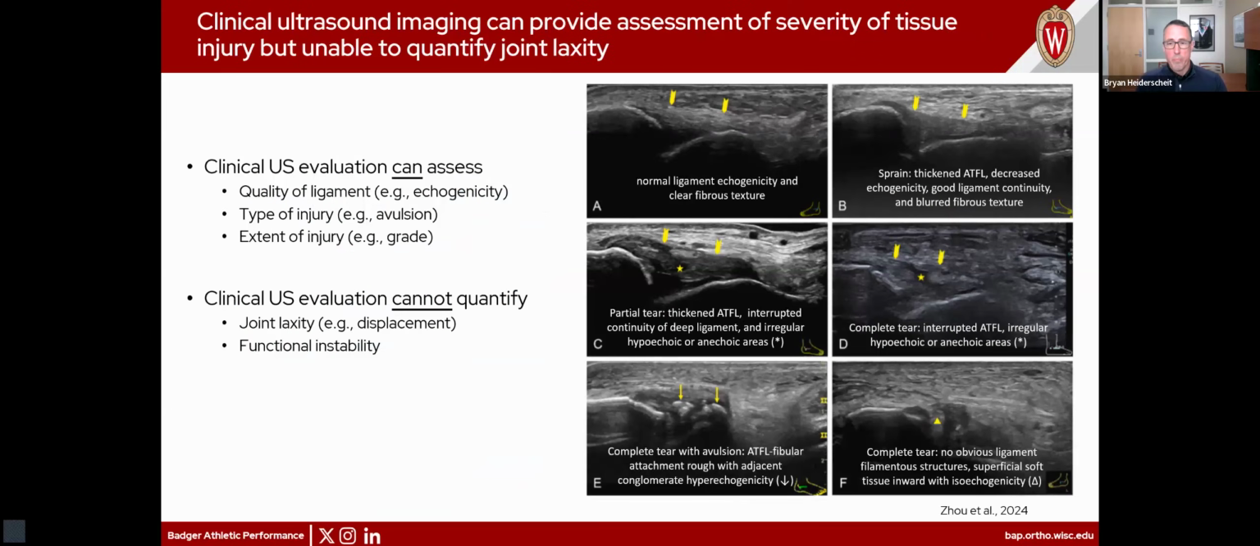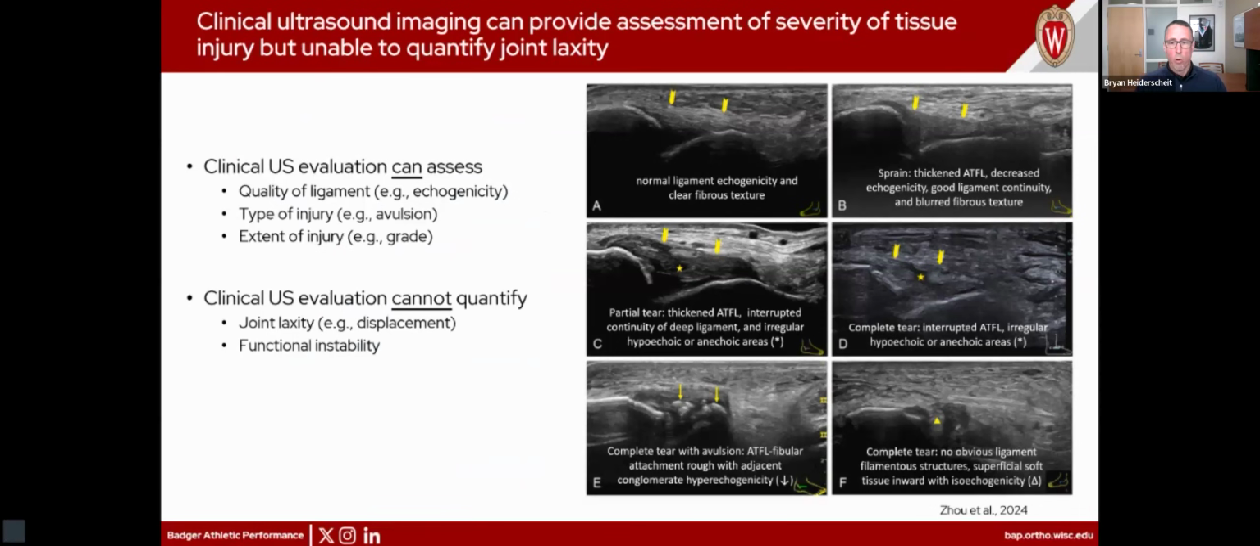So what can we really see on these ultrasound images? And again, I think importantly, the typical clinical ultrasound image or evaluation does very well at assessing the severity of the tissue injury, but it may not be able to quantify the amount of joint laxity as well. And we'll walk our way through this idea a bit. But these are some very good sample images from a recent paper that looks at